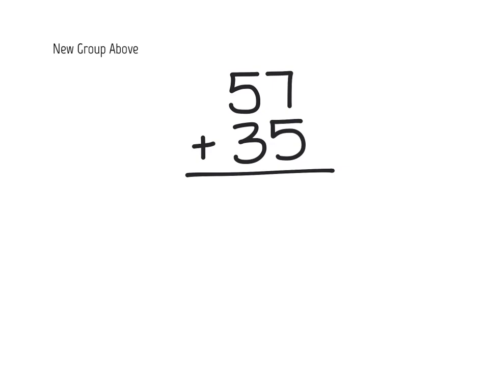This method is called new group above. Here's my equation, and this is going to be very similar to new group below, but instead of adding those things to the ones place at the bottom, I'm going to add them at the top, above. So when I'm doing new group above, I start in the ones place, 7 plus 5, 7, 8, 9, 10, 11, 12. The number 12, 2 is in the ones place, so I put the 2 here at the bottom